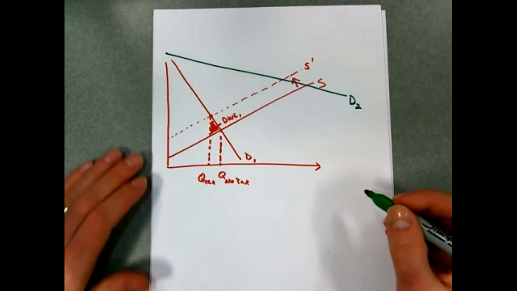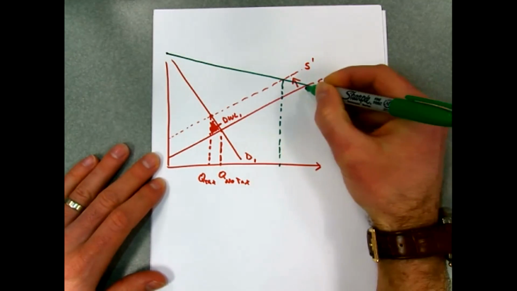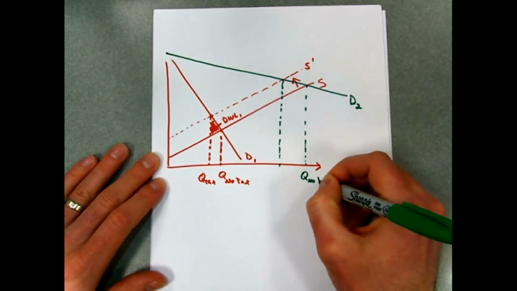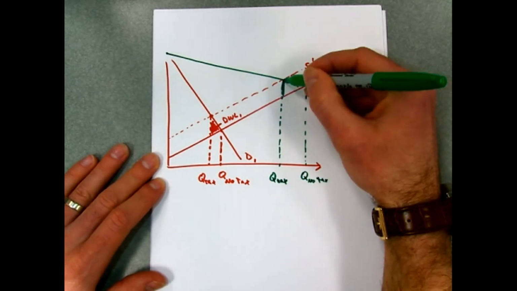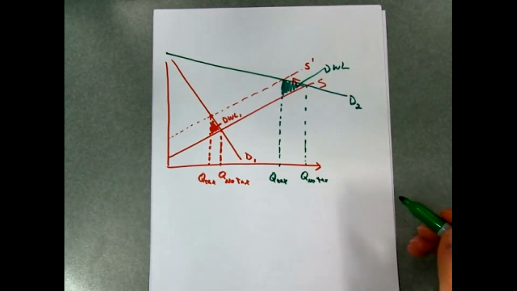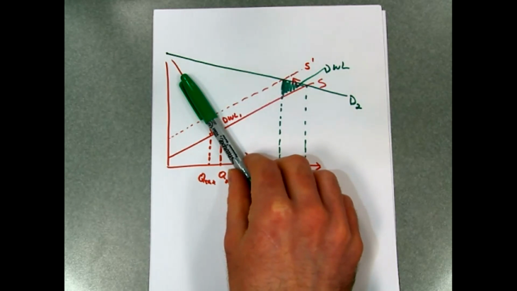Now, if I think about where my deadweight loss is, well, it would have been of my no tax quantity here, my tax quantity here. This entire area is my deadweight loss. And so you see, as people are becoming more